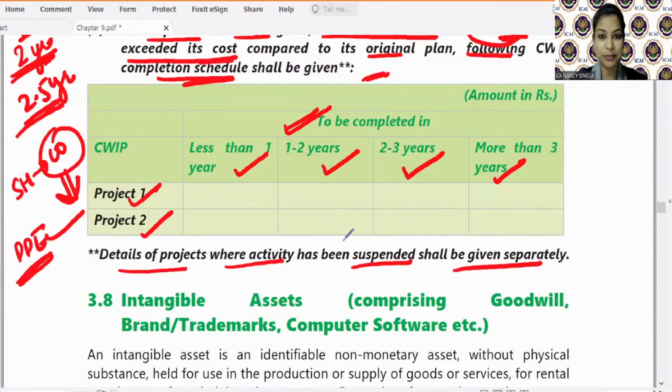Acha, Priyanka has asked me to discuss the MCQs. I forgot that. So we'll do one thing, we'll finish with intangible assets because these are very much similar to the verification procedures, audit procedures we have done for PPE. There is a very minute change. We'll complete it and then we'll move on to the MCQs. Okay, Priyanka?